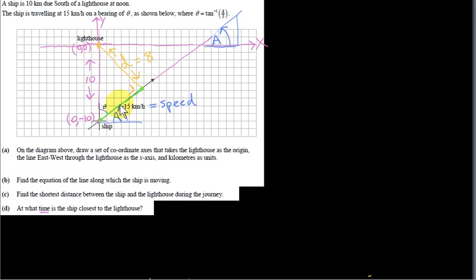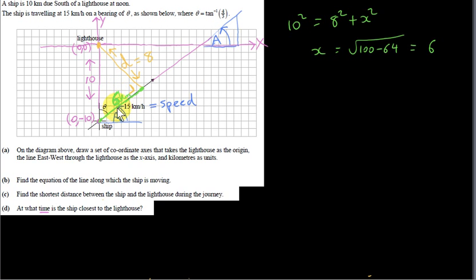So we look at this right angle triangle here, and we just use Pythagoras' theorem. If I call this distance x, we see that 10 squared equals 8 squared plus x squared. So x is the square root of 100 minus 64, the square root of 36, which is 6. So this distance here is 6